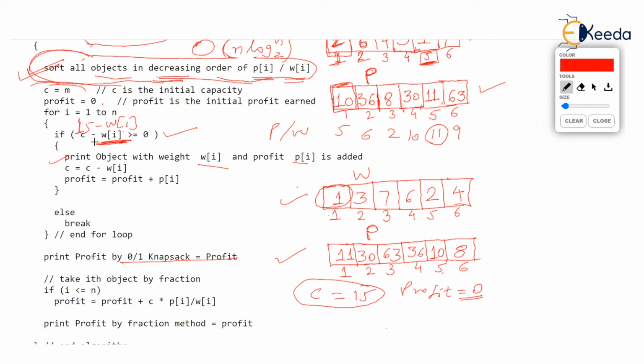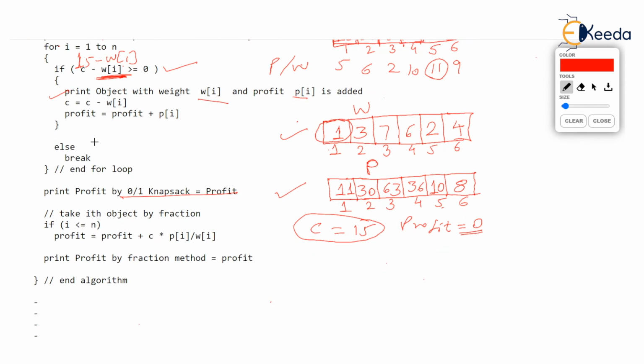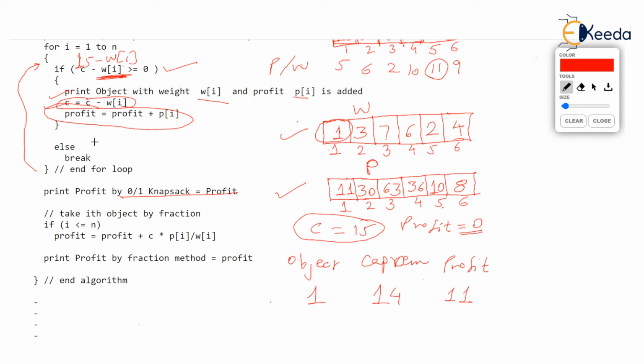we reduce the capacity. So we have added the first object in the knapsack, and now the capacity remaining, that is c, is made c minus Wi. As you see in this step, c is made c minus Wi. So c becomes 15 minus 1, which is 14, as we saw in the earlier video. And profit, which was 0, is now increased by the quantity P1, that is Pi. So profit will become 0 plus 11, that is 11. And then else is dropped, because if was true, and we repeat the for loop, we take the second object, then third object, and so on till we can add the objects, isn't it?